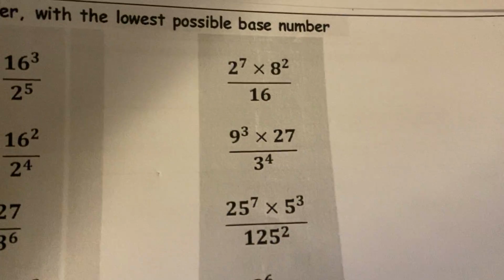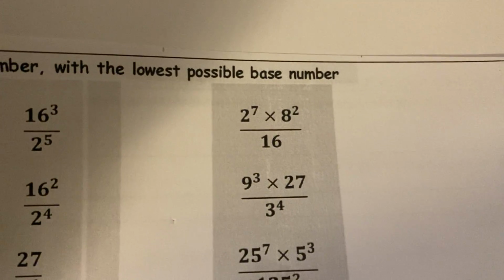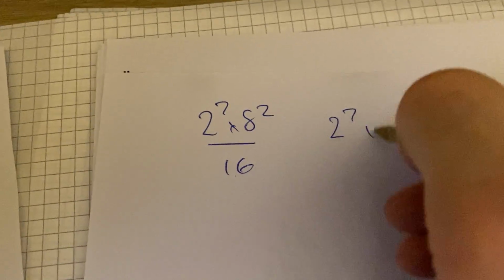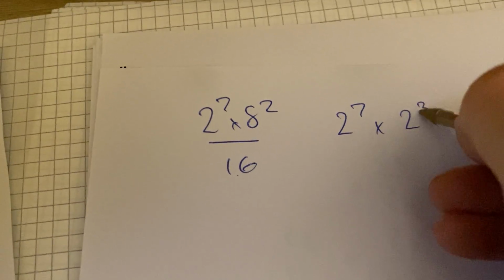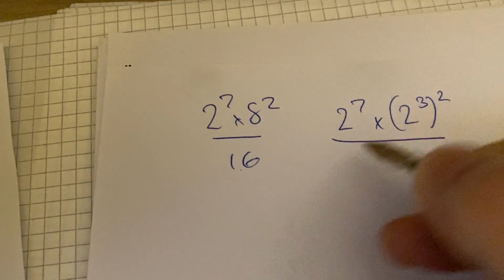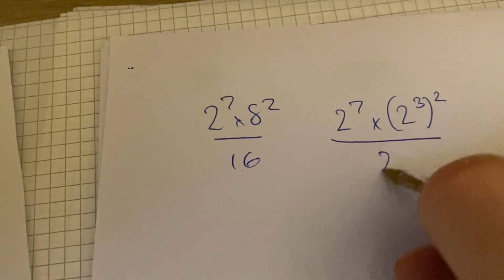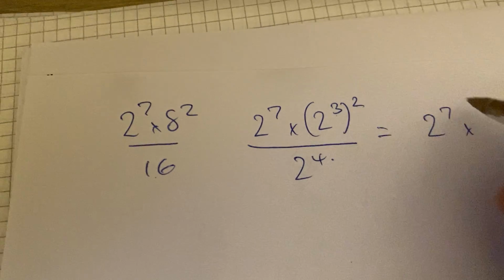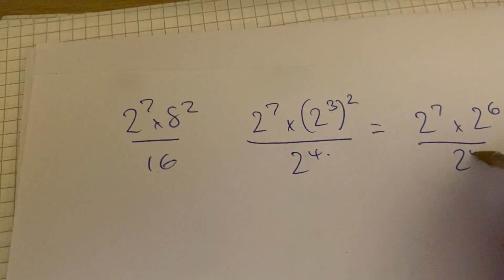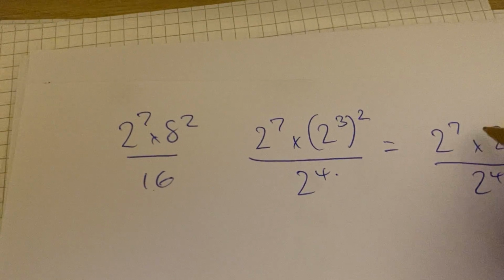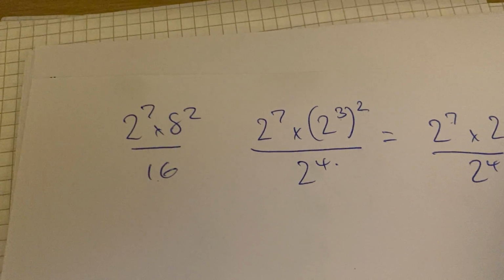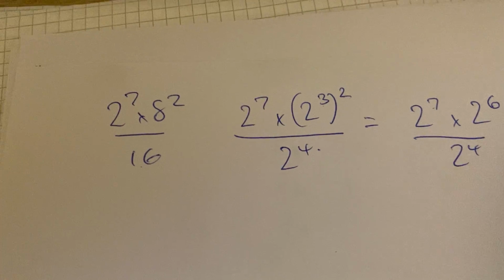Right, so we're getting to these ones now. So we've got 2 to the 7 times 8 squared all over 16. So we've got to think, right, 2, 2, 2. Everything is 2 here. 2 to the 7 times now 8, remember, is 2 to the 3, all squared. 16 is 2, 4, 8, 16, 2 to the 4. So now I've got 2 to the 7 times, I've got 3 lots of 2 there, so that's 6, all over 2 to the 4. So I've got up top here 13. So I've got 13 at the top and 4 at the bottom, so I can take 4 off that,